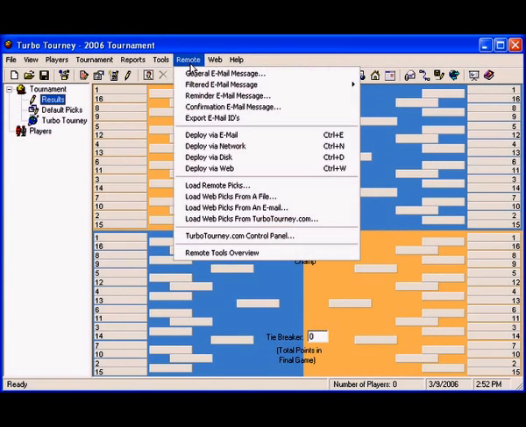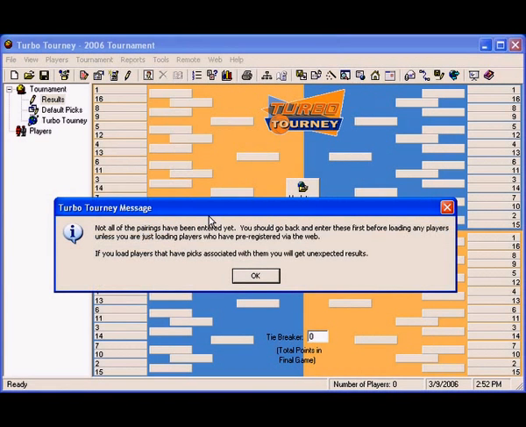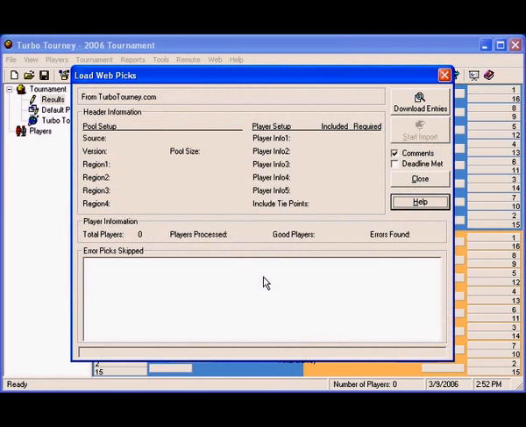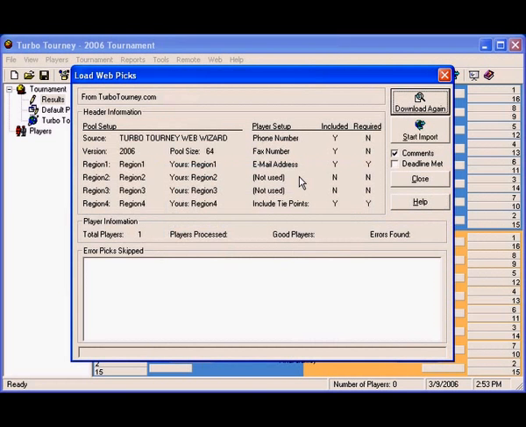And what I'm going to do now to get those pics is go back to the remote menu, load web pics from TurboTourney.com that I tried before. And now it's telling me, okay, you have no pairings, and I should enter those first, unless I'm just loading players who have pre-registered via the web, which is what I'm doing. So I'm going to say okay to that. And that brings up the load web pics. And all I need to do here now is select download entries, which will download any entry files or pre-registrations that I have on my website,